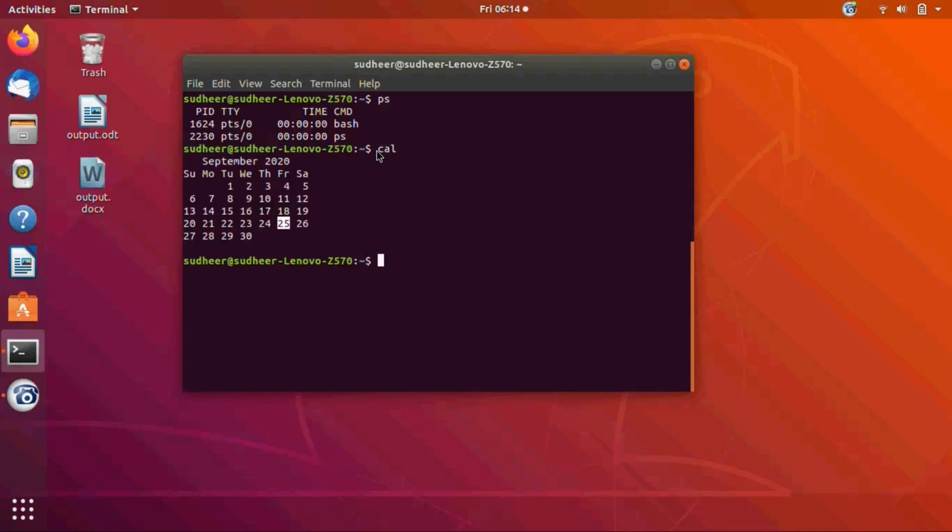I got the result from the kernel. If the command is not valid, the shell gives an error message. For that I will execute one command: cal with the year 123456. I run the command, and I got the error message saying that year 123456 is not in the range.